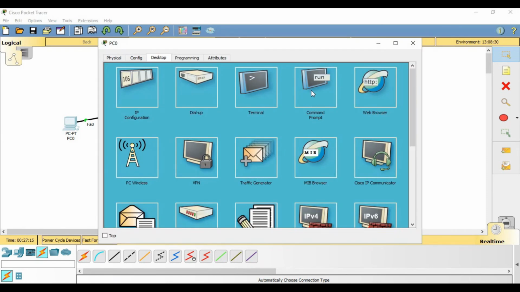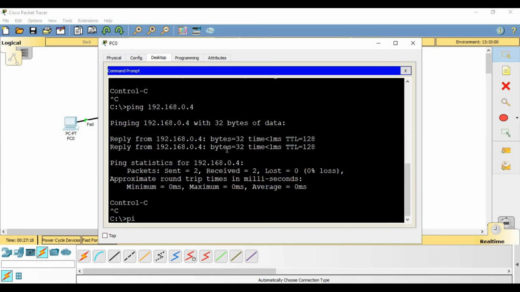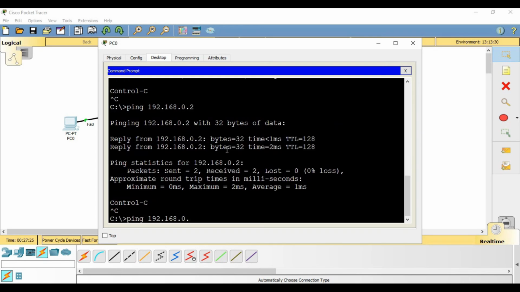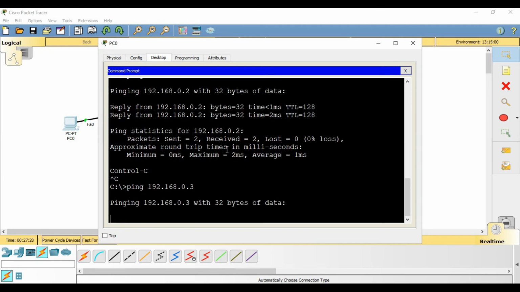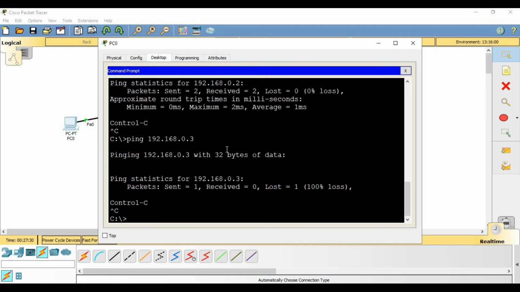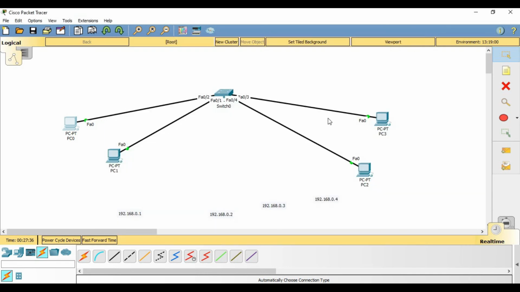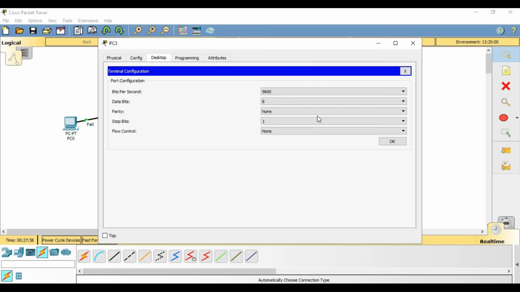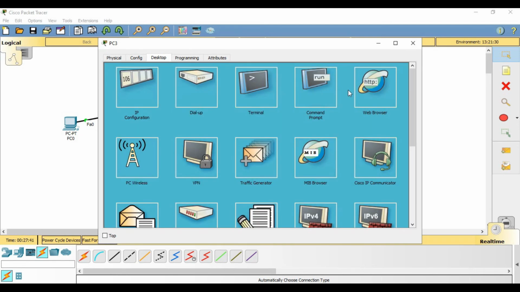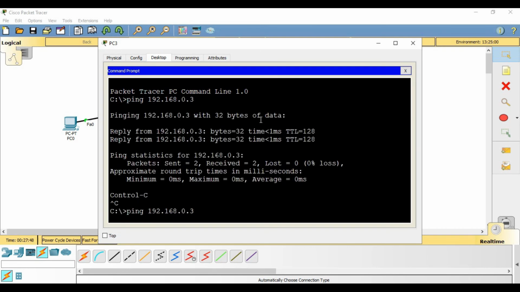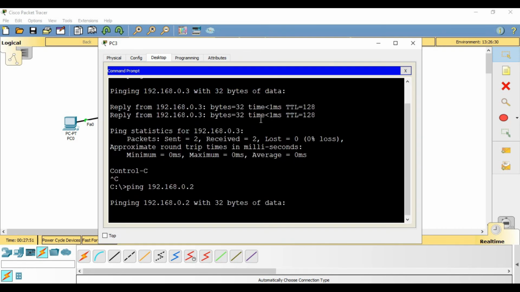To test it, we'll try to ping 192.168.0.2, which is in the same VLAN, but as soon as we try to ping 0.3, it won't ping, neither 0.4. If I try the same from here, it will only ping 0.3 but not 0.2 or 0.1.